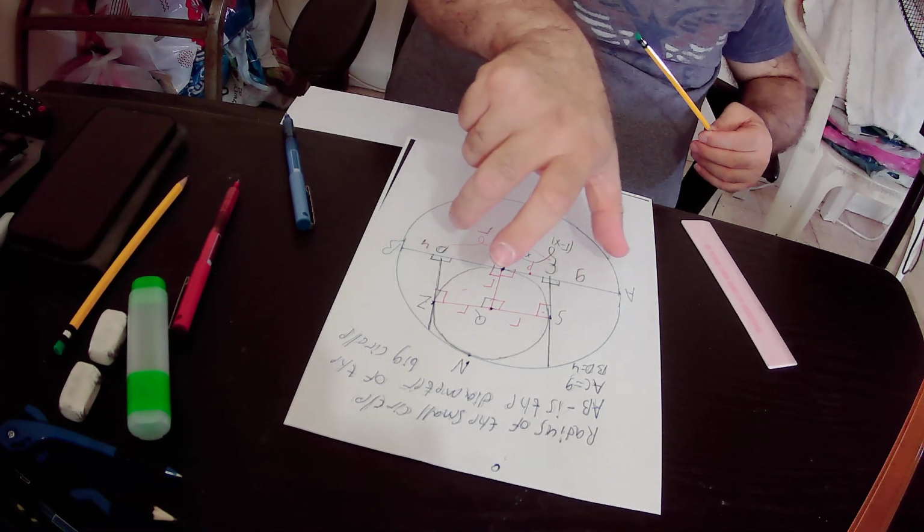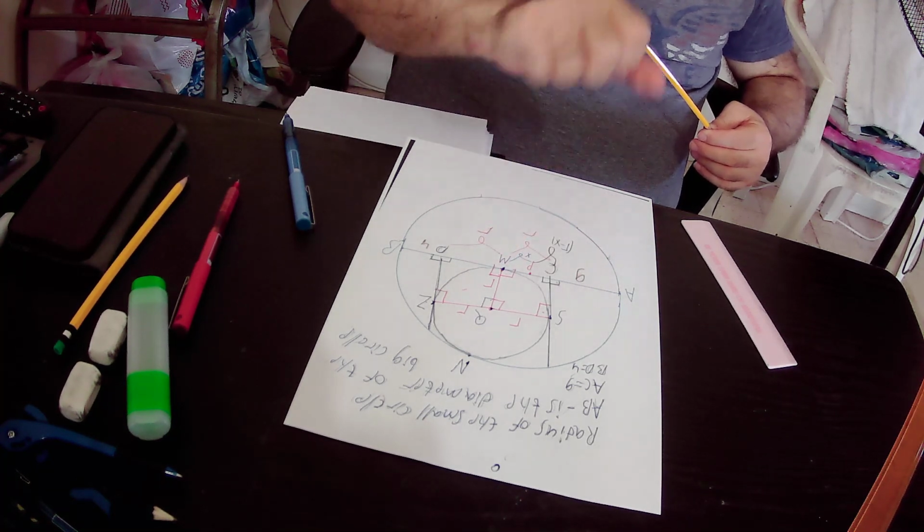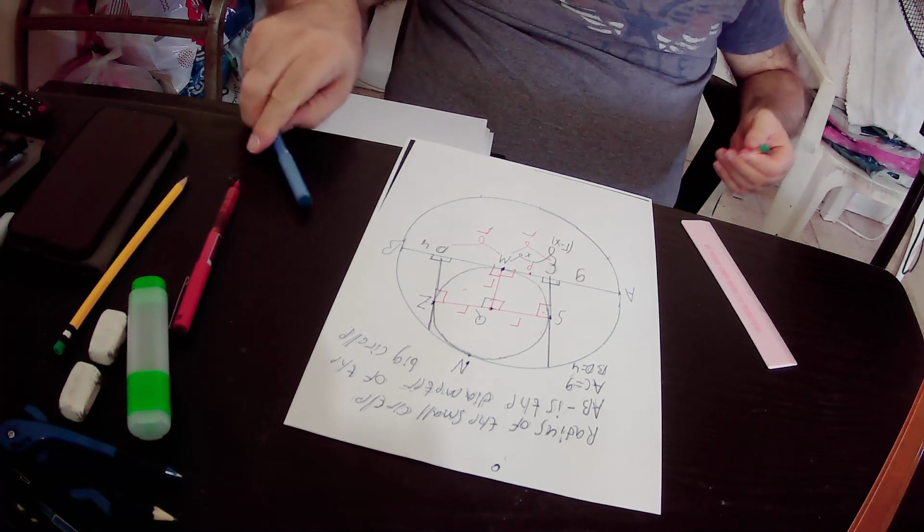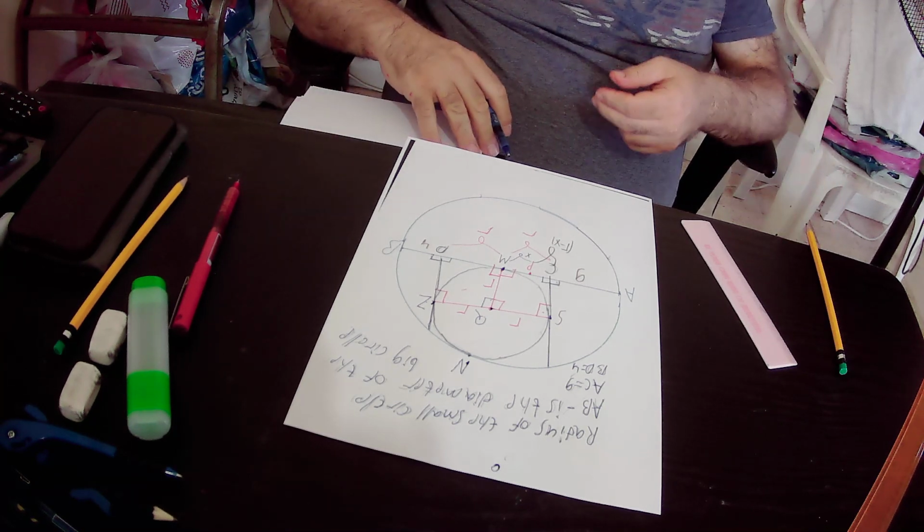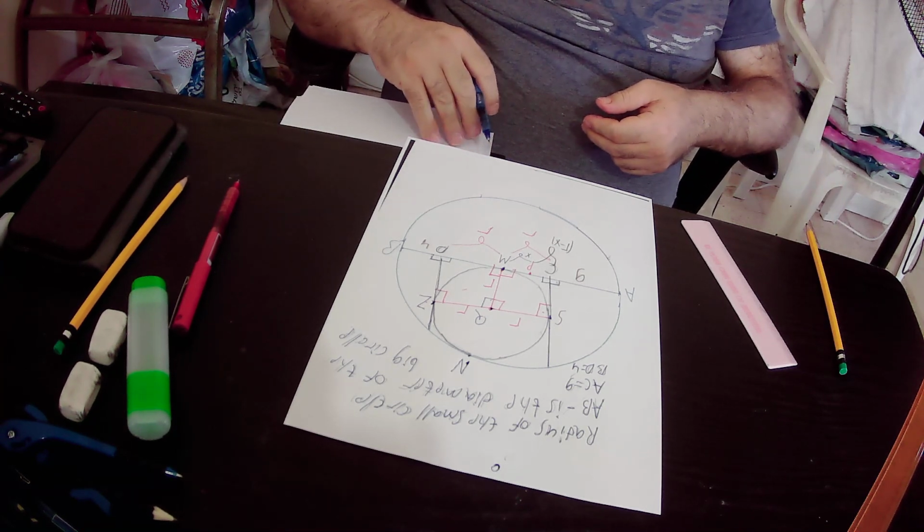Actually, AB is the diameter of the big circle. That is to say,